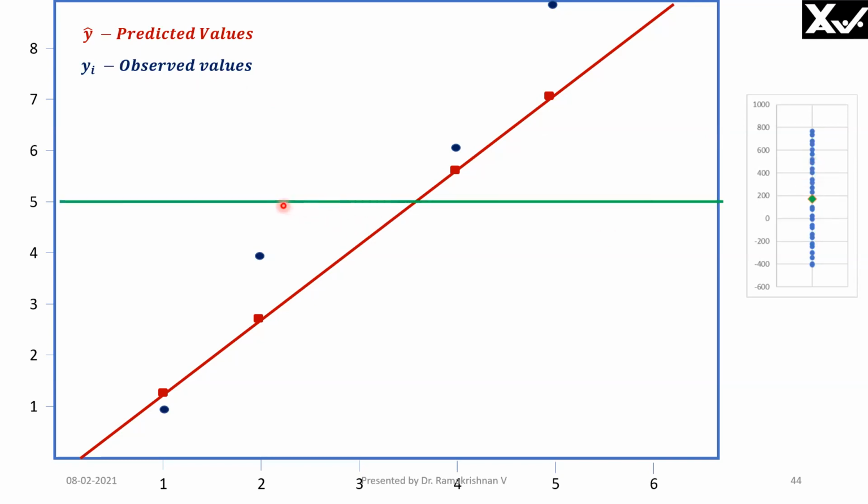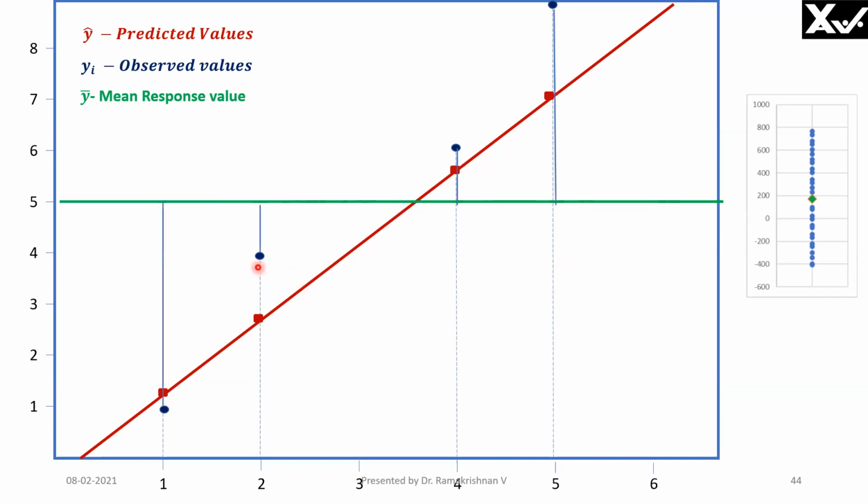Now we also found the average of the observed values. There is a dark green diamond here, the same is marked here in the plot. This is also called Y bar or Y mean or mean response value. Anyway, you can call it that. I've drawn the vertical lines to find the deviation and variation. Now, these dark blue lines are the deviations from the mean. We can take the deviation from any reference point, but the average is always the standardized reference point in statistics. Therefore, we have taken the mean value, the green line.